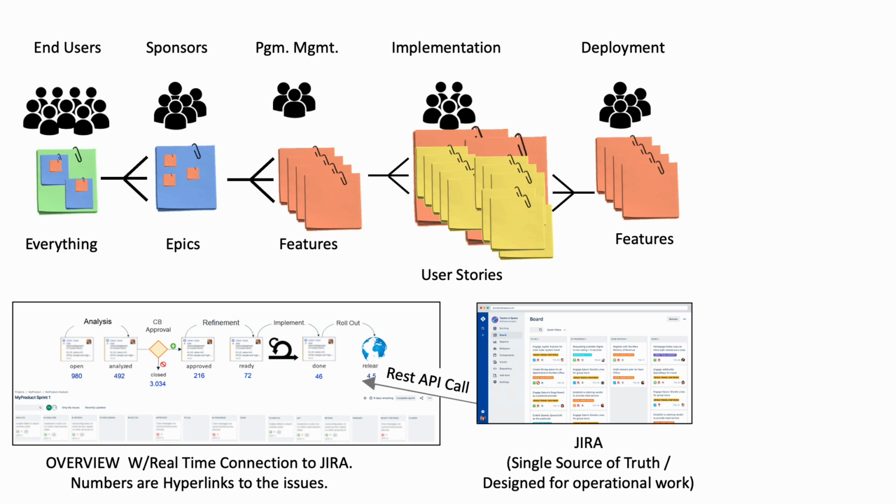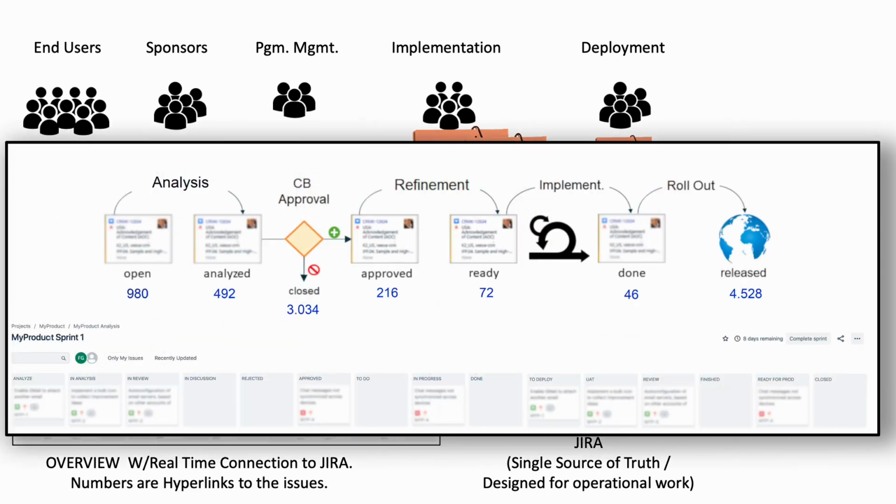we can extract information and have an overview, a simplified one, where we can see the whole progress in an HTML page with a real-time connection to Jira, where the numbers that we are observing there are clickable and are hyperlinks that show afterwards the list of the issues that they belong to. This is a concept that was already implemented in another program, and it has demonstrated to work very well, because not only is this a non-intrusive way of summarizing information, but also is a way to see across the different